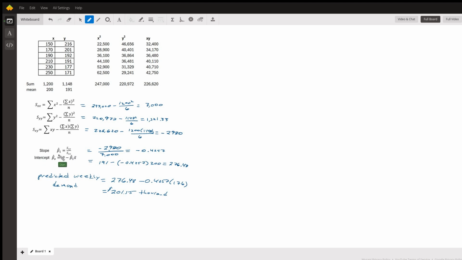And then the slope and the intercept can be calculated from those values. So the slope, beta 1, is SXY over SXX. SXY is right from here, negative 2,980, over SXX, 7,000, equals negative 0.4257. And the intercept is Y bar, which is the mean of Y, 191, minus the slope, which is negative 0.4257, times X bar, which is the mean of X, or 200. And that gives us